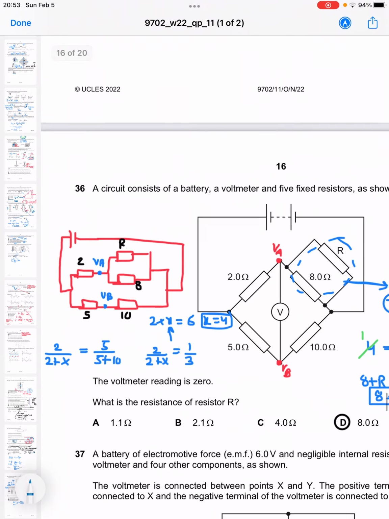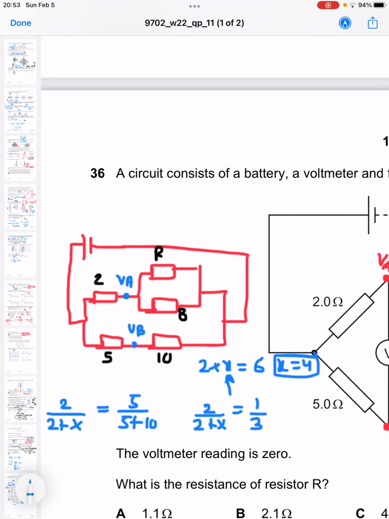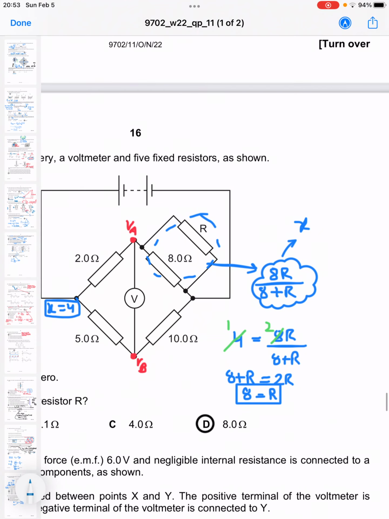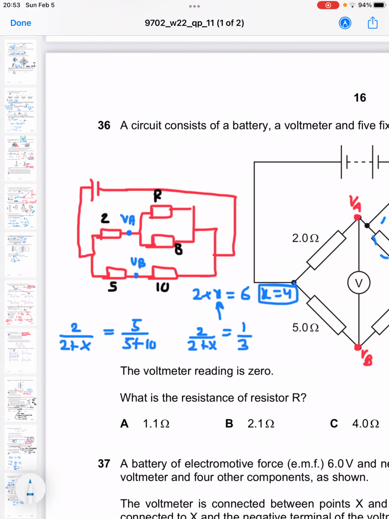Question number 36 says, what is the resistance R? We have converted this diagram into this simplified diagram. VA and VB are marked. Now we are considering 8 in parallel with R, 8R over 8 plus R, as X. It says the voltmeter reading is 0, so VA equals VB. So 2 over 2 plus X, applying the potentiometer principle, equals 5 over 5 plus 10, applying the potentiometer principle. So making it